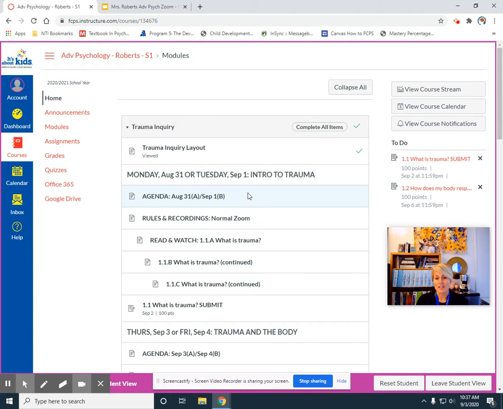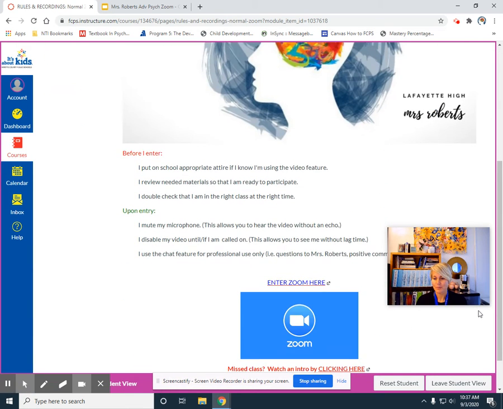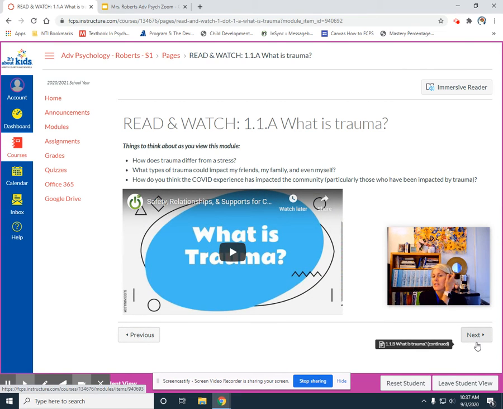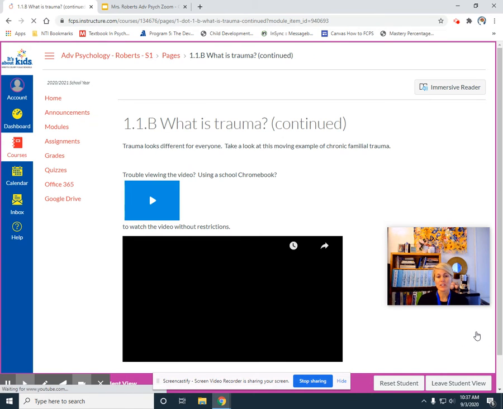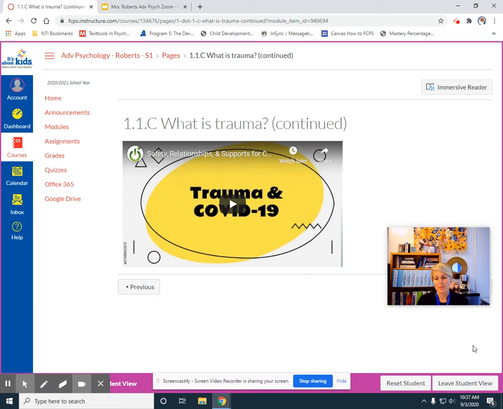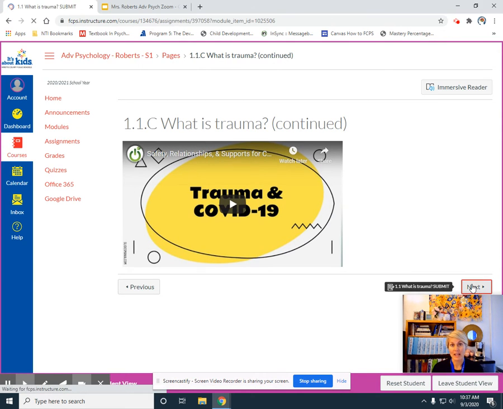It is very simple to make sure you've got green checks. It is just the process of going to it, looking at it, and then clicking next, right? So it's not very difficult. And I've set it up this way especially if you're doing this all at home, on your own time, and you're not coming to class and to the Zoom meetings. I wanted you to go in a particular order. So I just wanted to make sure that you didn't get lost anywhere